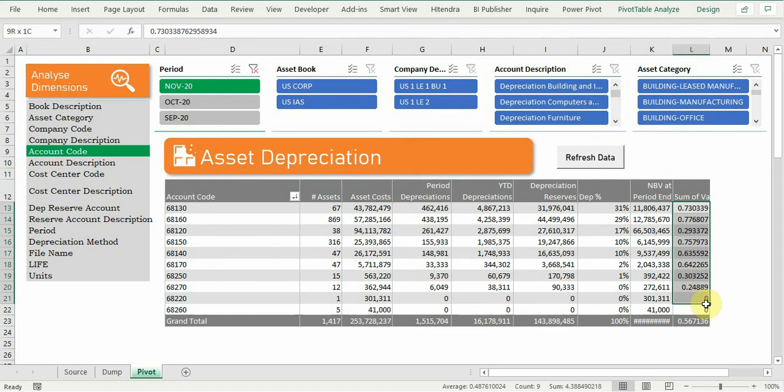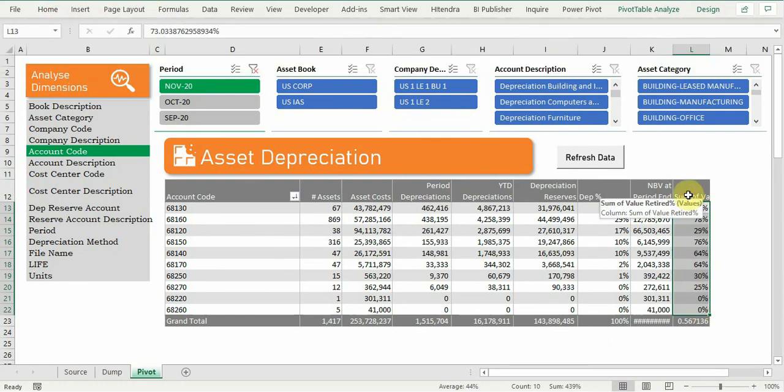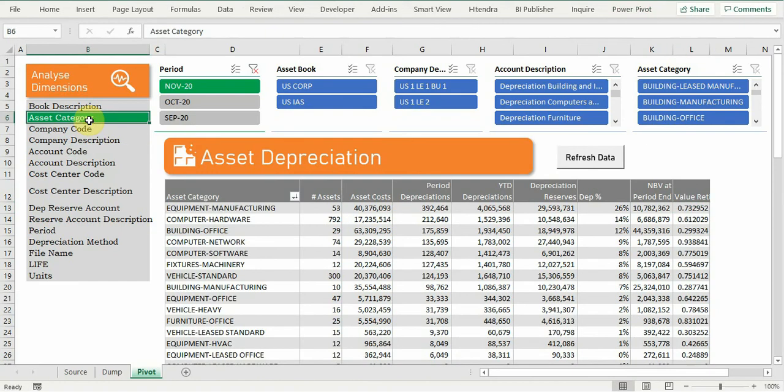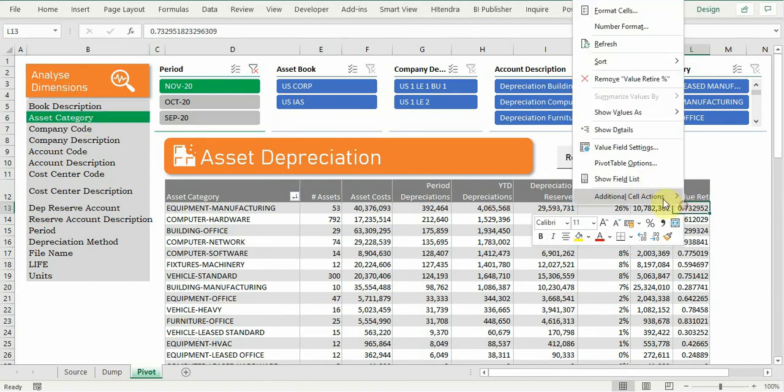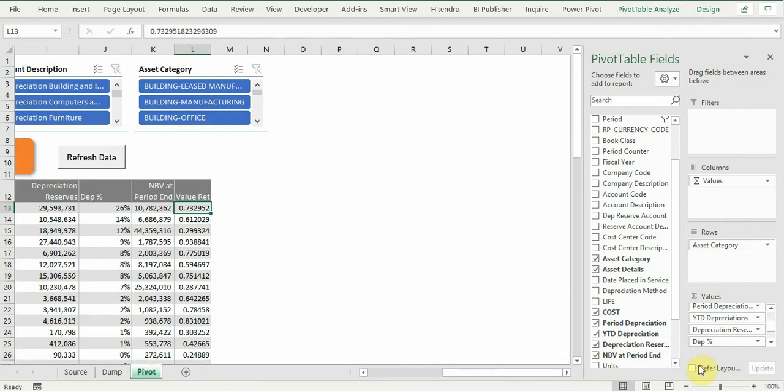Okay, let's change percent view and heading. So we can see here on this particular site the account code. Let's select some categories. So if I want this format to remain the same, I need to update the format from here.